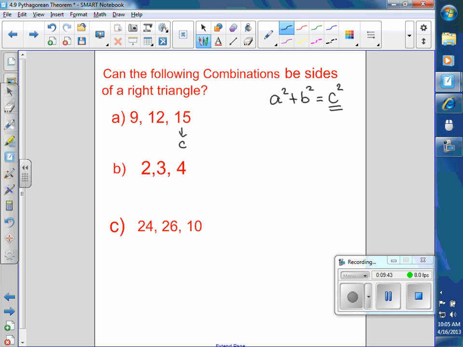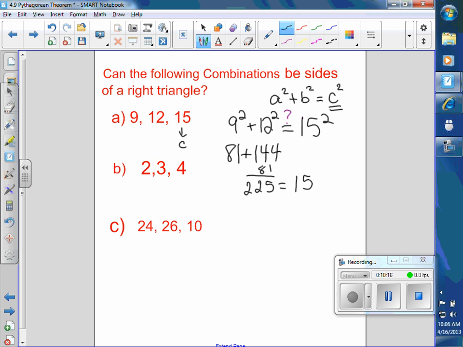Yeah. So you'd have to say that 9 squared plus 12 squared, and you would say, is that equal to 15 squared? And then you would just work it out and see if it's true. So 9 squared is 81, right? 81 plus 144. Yeah, what is 81 plus 144? 225, which is